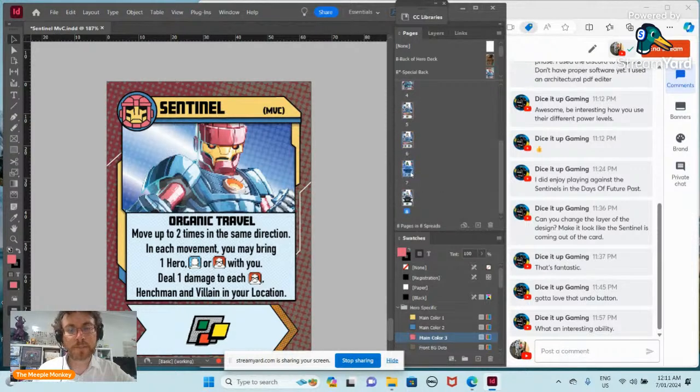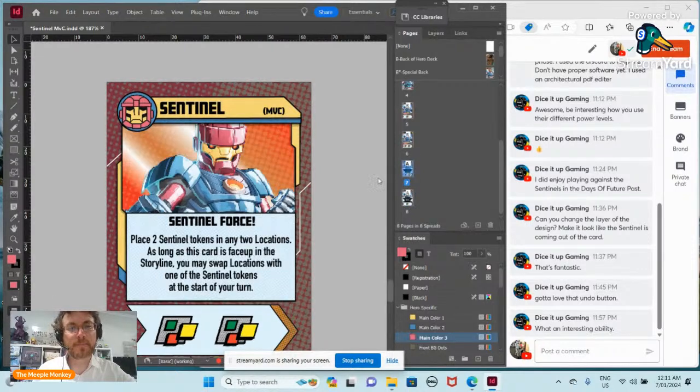or if you know that you're going to have 3 copies of this particular card, Sentinel Force, for example, although that'd be crazy, you could just make the one copy of it, and then when you export it, you just label that for people to print. This is card number 5, 6, and 7. So you can either make 3 separate copies of the card that get exported, so you've got those 3 separate images, and as people go through and print off their cards, they just print each one,